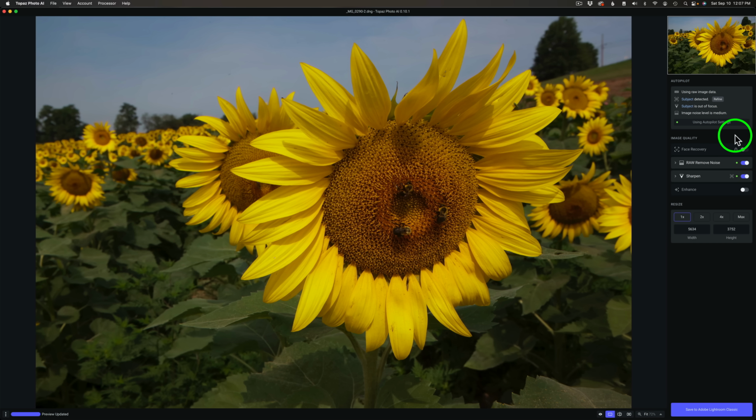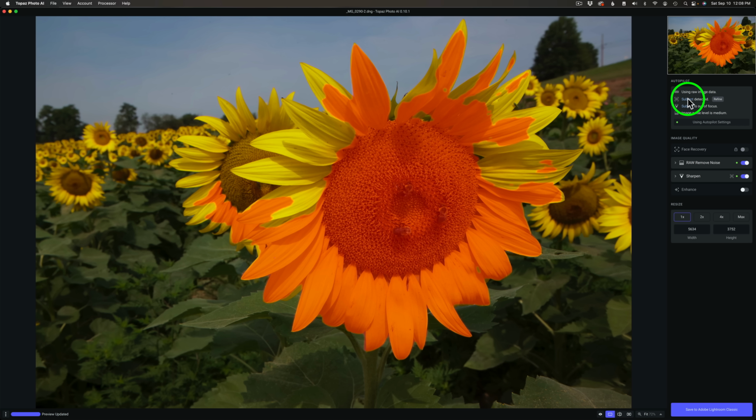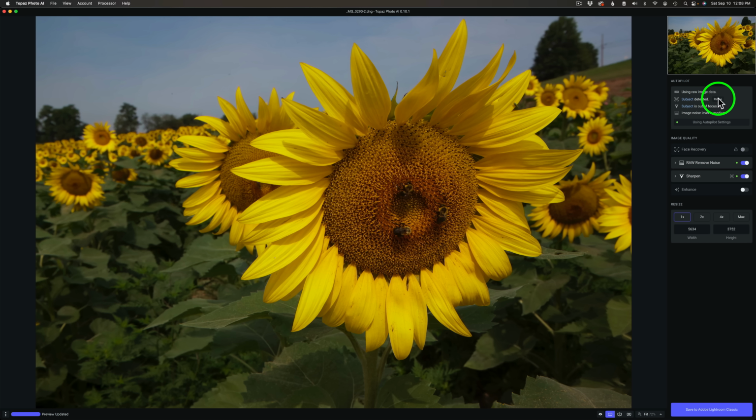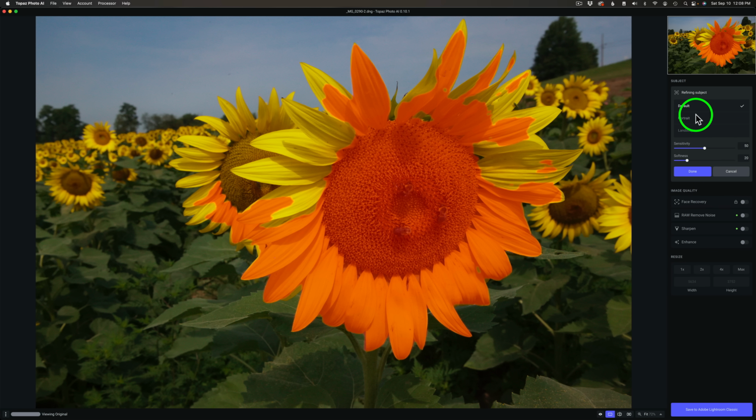First off, let's take a look at autopilot up here. We're using a raw image. We have raw image data. Subject's been detected. Subject is out of focus and the image noise level is medium. So we're off to a good start here. It found everything correctly. Now, if I hover over subject detected, you can see it's picked this sunflower in the front. It didn't get the whole sunflower, but you could come here to refine, and you could go ahead and,